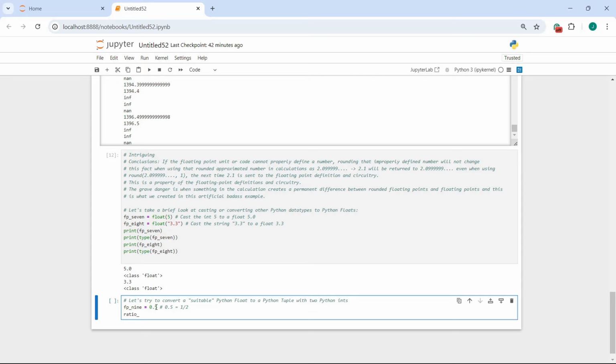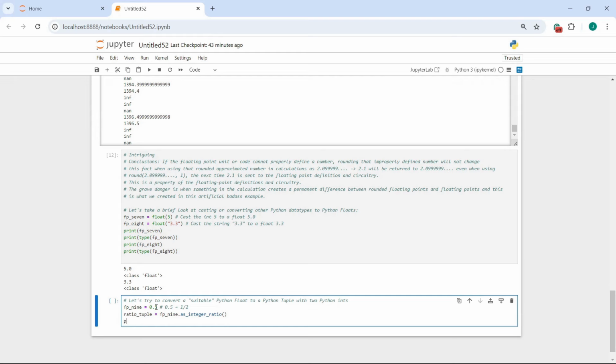And we will create a ratio tuple, which will be floating point 9 as integer ratio. And we will print ratio tuple,